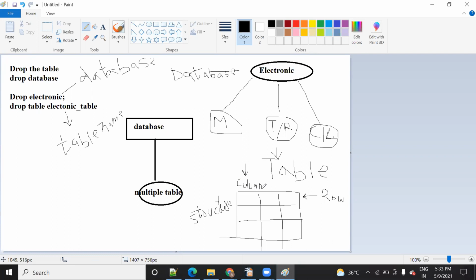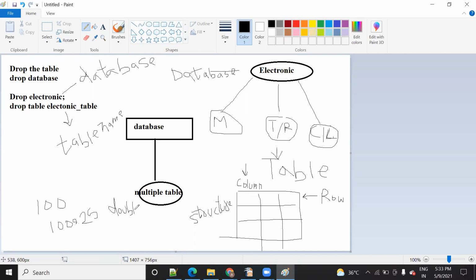And alter the schema means you will modify the schema. You can modify the column name here. You can delete a row, or you can modify the column name, right? You can change the data type of a column. Suppose salary is saving integer data, say 100, but some people receive a salary like 100.25, right? If you want to change your data type from integer to double, then you can change it.